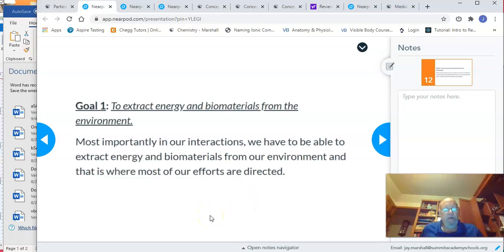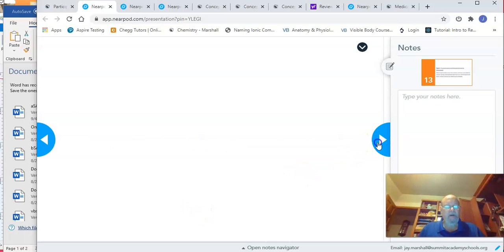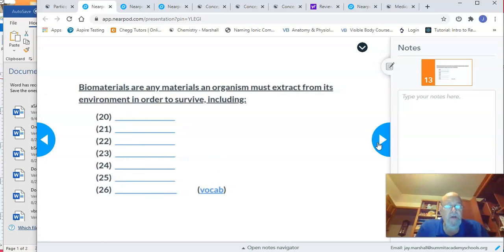So my first goal is to extract energy and biomaterials from the environment. Most importantly, in our interactions, we have to be able to extract energy from the environment. That's what our organism needs to do. I've got to get the stuff I need to live from the environment. This is where most of our efforts are directed. Now, biomaterials are any material an organism must extract from its environment in order to survive, including, and I'm going to start typing information in here, including